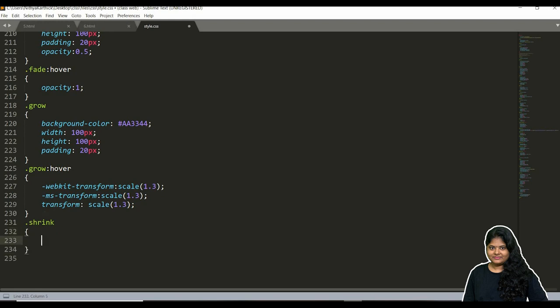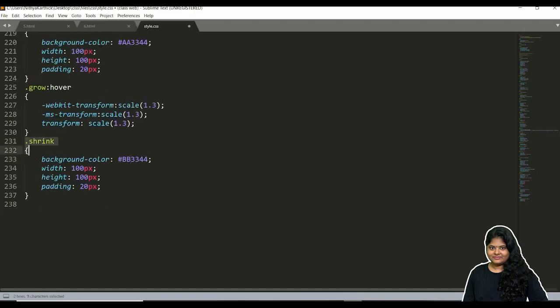Shrink. Okay. So normally we will have the same thing here also. So background color, let me change it slightly. When I mouse over, for the shrink class, which we have already created in HTML, so hover. For shrink, this is slightly opposite to grow, right? So we can just give less than 1.